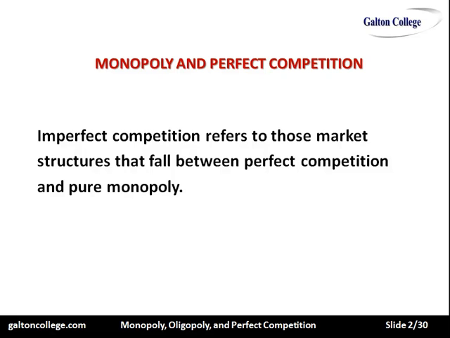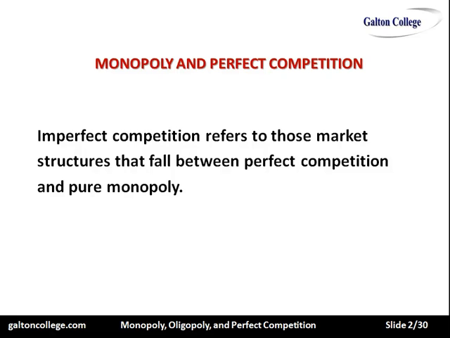So imperfect competition is generally a violation of one of the assumptions of perfect competition. So for example, let's say the product is slightly differentiated, then that would mean an imperfect market. Monopoly is when there is a single seller for a product. At least that's the theoretical perspective of monopoly. In practice, monopoly is around 25% of the market. That's the way it's defined legally. But in terms of the theory, it's a single producer.